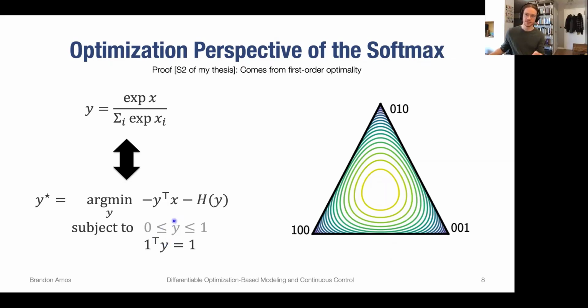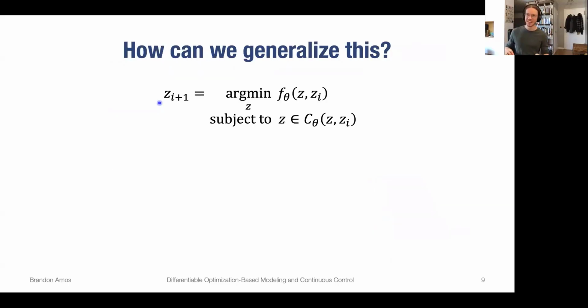And you can also see this from taking the first order optimality of this optimization problem. And again, you have a closed form solution to this problem. And so the natural generalization of these ideas is how do you handle arbitrary convex optimization problems that look like this, where you might not necessarily have an explicit closed form solution, and you're possibly also learning or parameterizing other parts of this optimization problem.